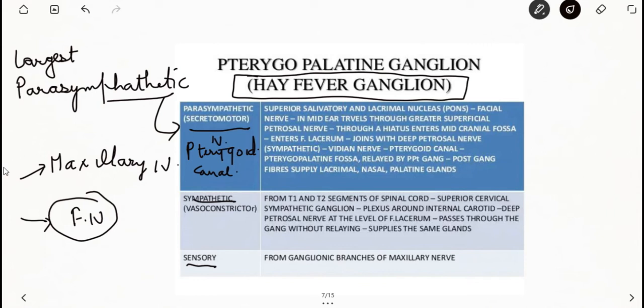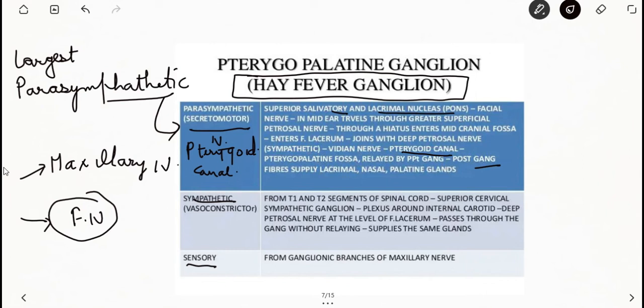So it carries preganglionic fibers that arise from neurons present near the superior salivatory and lacrimal nuclei. The facial nerve, the geniculate ganglion, the greater petrosal nerve and nerve of pterygoid canal to reach the ganglion. The postganglionic fibers supply the secretomotor nerve to the lacrimal gland and to the mucous gland of nose, paranasal